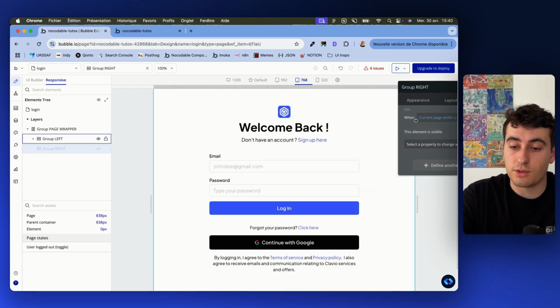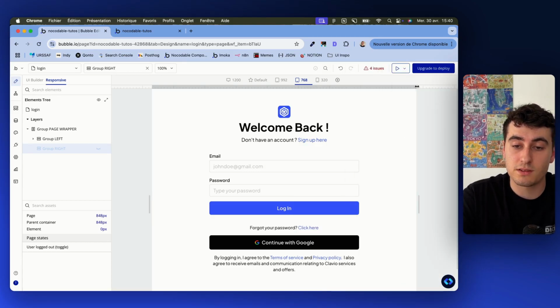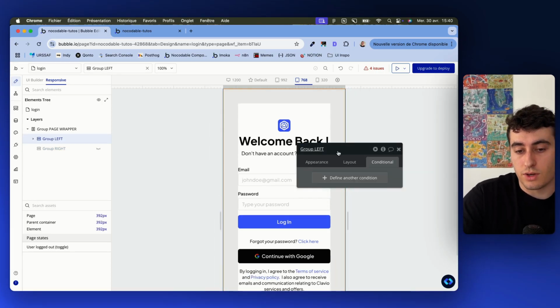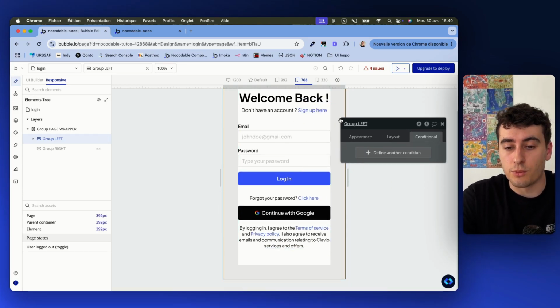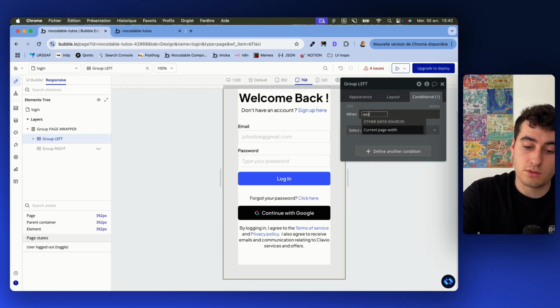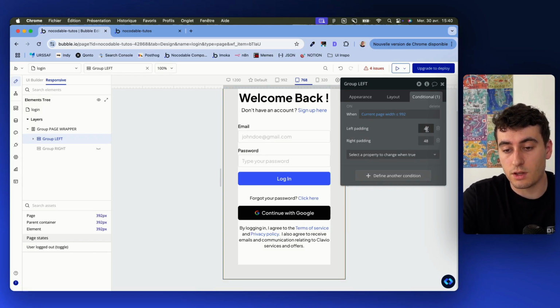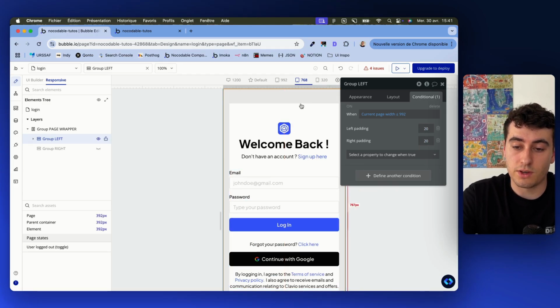And as we can see, the element on the right disappeared, and the group now has more space to behave. What we can see here, however, is that we have a lot of padding on the right, which is not really useful in this case, especially on the smaller screen. So I'm going to go on the group left, which is the group on which we set 48 of padding earlier, and I'm going to add a condition, current page width less than or equal to 992, and I'm going to modify the padding left and the padding right, and I'm going to set it to, let's say, 20 and 20, and I can even modify the padding at the top,